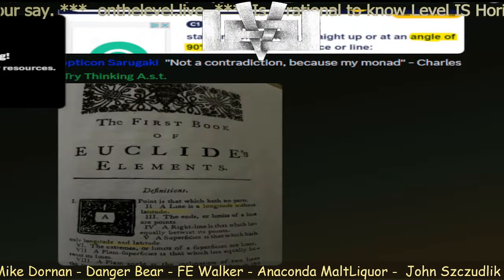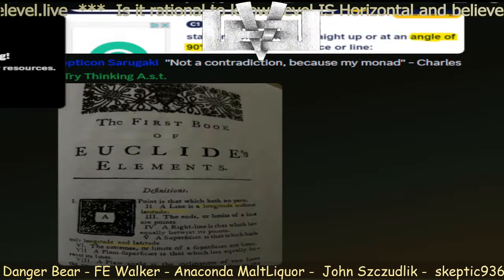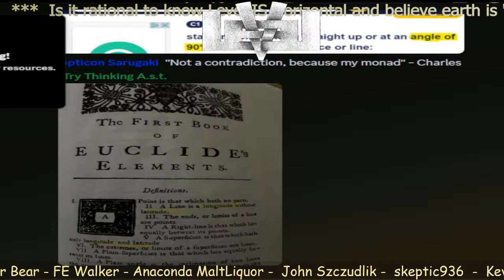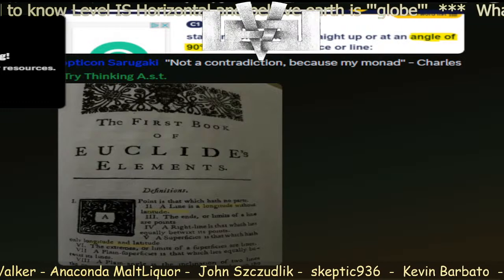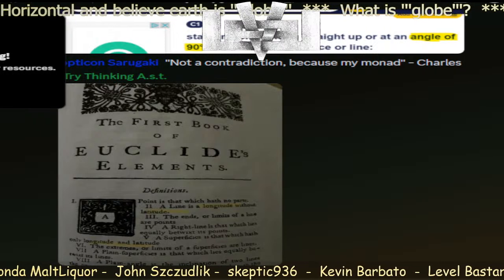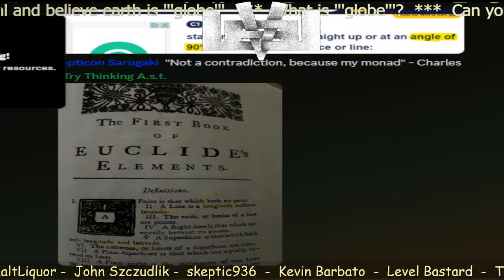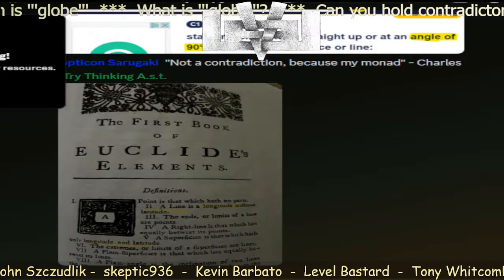Right, let's get it sorted. Look, it says latitude and longitude. I've just posted a picture there, Charles. That's Euclid, and it says a line is longitude without latitude, and a superficies is that which hath only longitude and latitude. Okay, so those are exactly what perpendicular, aren't they?